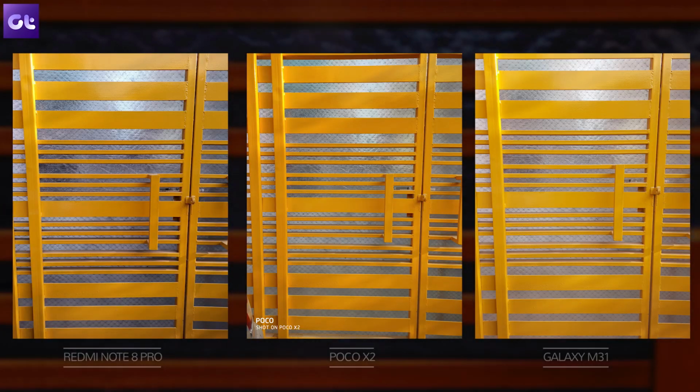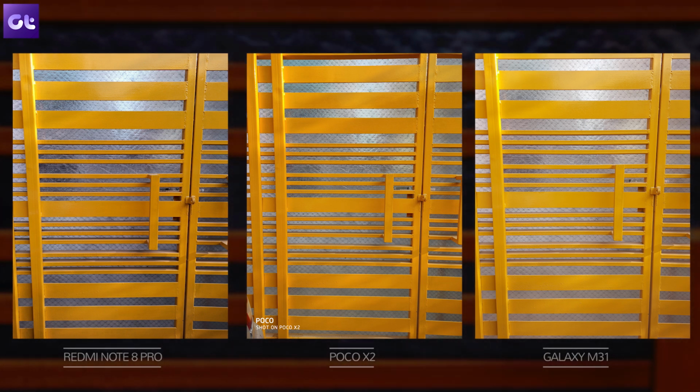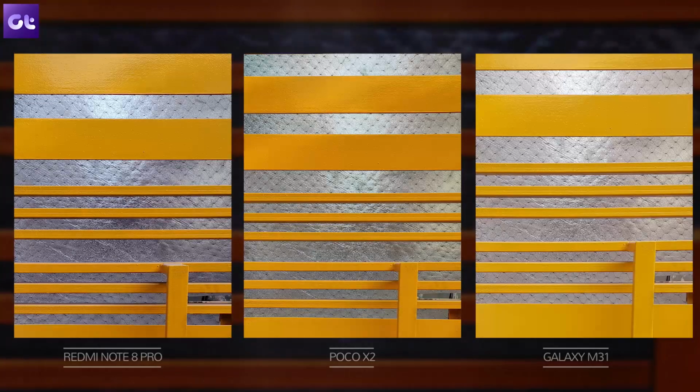Moving on to a saturation test, guess which photo is the most realistic? Ironically, it's the Galaxy M31. Now both the Poco and the Note 8 Pro focus just on the yellow colors, and while trying to maintain the colors, end up darkening the plastic sheet behind. It's only the Samsung M31 that manages to actually retain the colors while also showcasing the backsheet. Now it does come with a cost though, which is that the details are slightly missing when you pixel peep